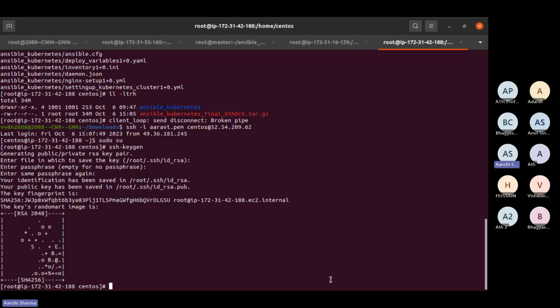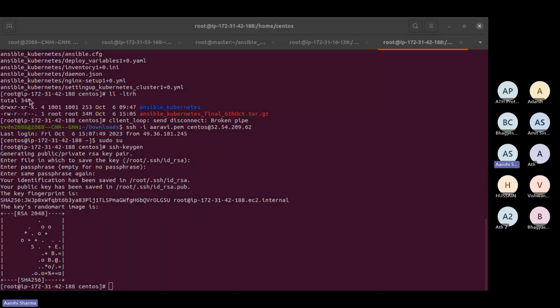Then I'm going to copy it to this particular server. Till then, on the master node I'm doing the Ansible stuff, right? So just give me a moment, guys.